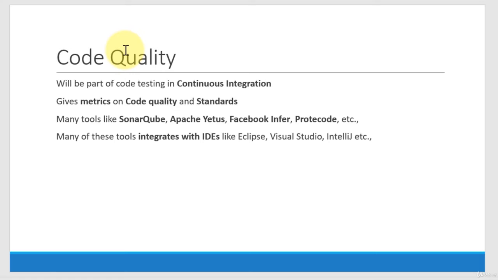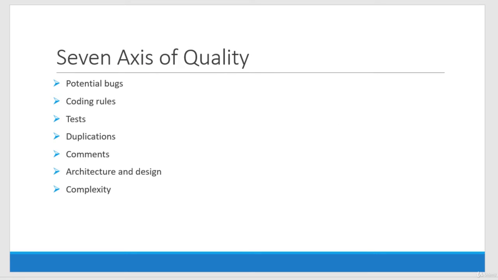IDE is Integrated Development Environment, and as and when the code is getting fixed or getting developed, it can provide the upfront insights and it makes sure the code is developed and the quality standard is maintained at a high level. As such, when it comes to the code quality, we define it as 7 axes,